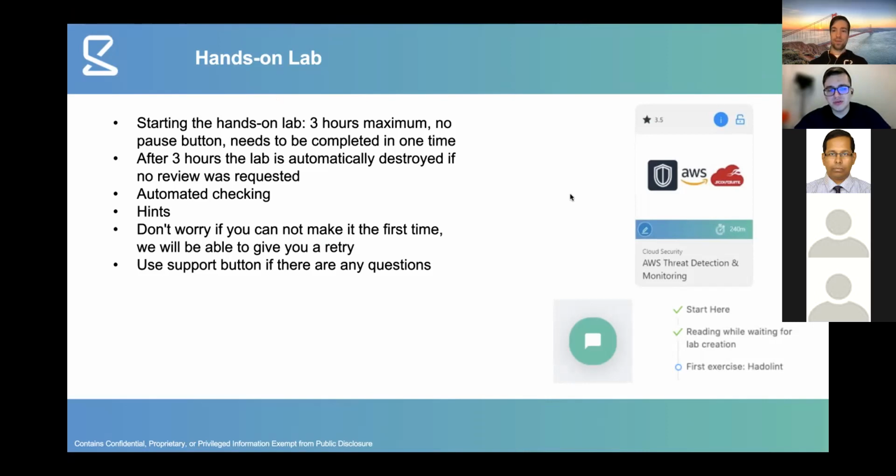Sometimes the automated checking will be wrong, even if you completed the step the right way. It is because we expect you to complete the lab in a certain way, and it could be the case that our automatic checking system doesn't yet recognize your way of doing the lab. In this case, you just continue and submit the lab.